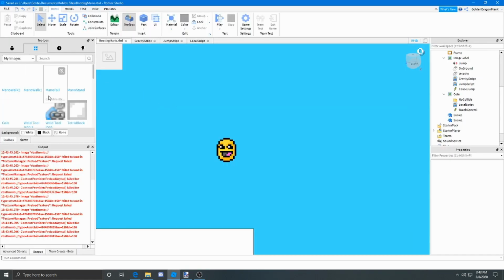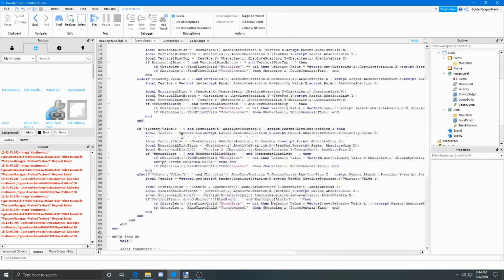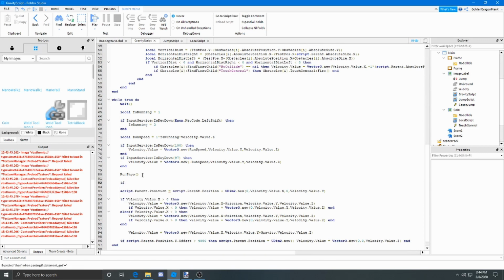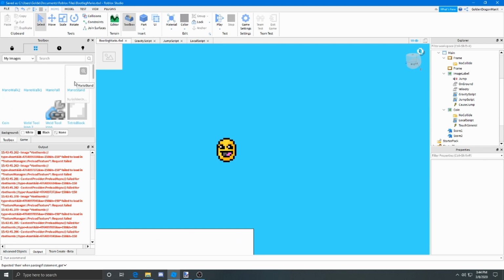All right, I've uploaded all of my Marios. Which we need a new name for him because he can't be Mario because this is Bootleg Mario. He needs to be like Super Pasta Man or something. So I need to go into this script and create a new thing here. And I'm just gonna change his IDs. Actually, first of all, I need Mario stand to be... Actually, I'm gonna start him off on Mario fall. And